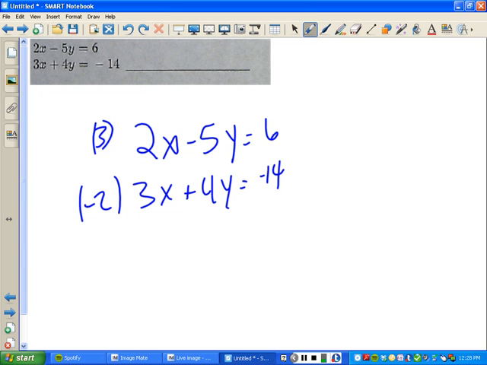Okay, it really doesn't matter, but I know that for some people who struggle with doing it, am I doing it right, am I doing it wrong, you're never for sure one way or the other, it doesn't make any difference. You just got to make one of them negative. Okay? Now,